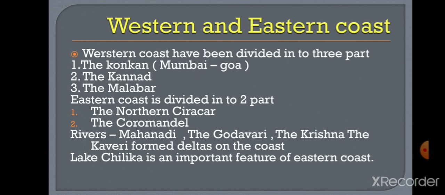If we talk about the rivers that exist in this eastern coast, that are Mahanadi, Godavari, the Krishna, the Kaveri, and these rivers are forming delta onto the coast of eastern coast. Okay, so these are the major rivers that exist in the eastern part or eastern coast. Okay, and there is a lake that is called Chilika, and it is also an important feature of the eastern coast. Okay, and your homework will be, you have to find where the Lake